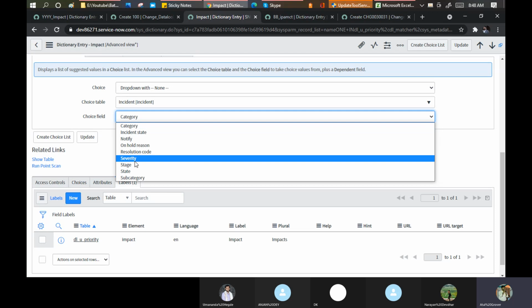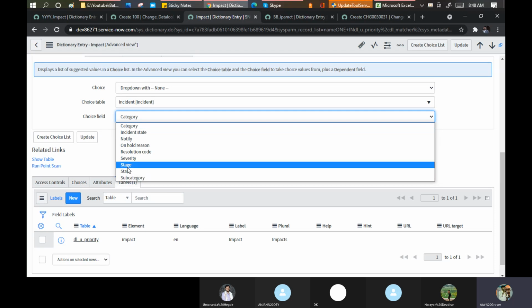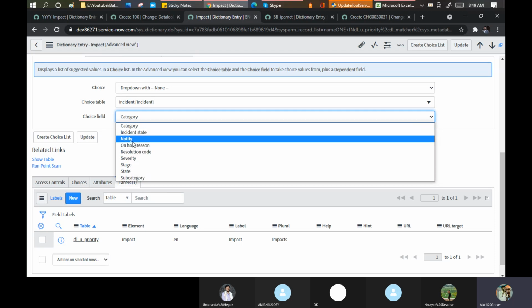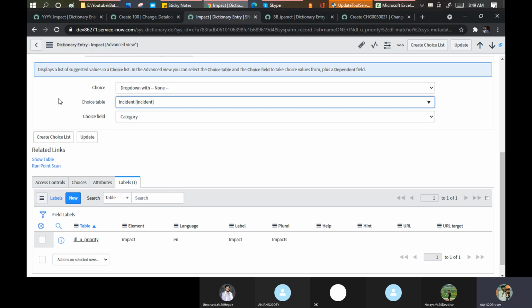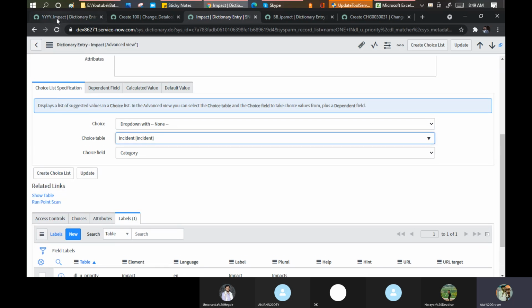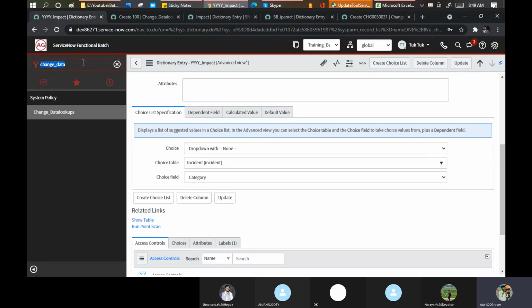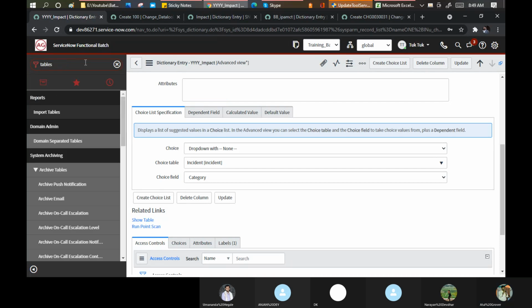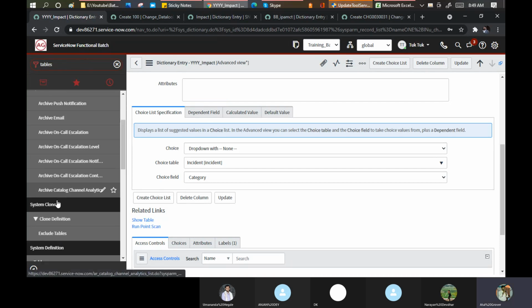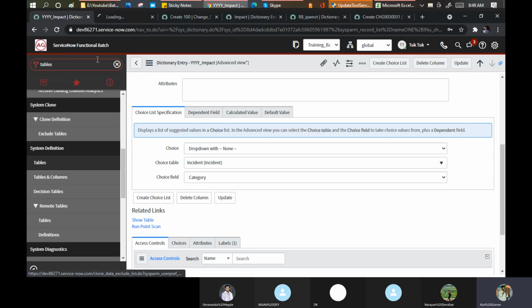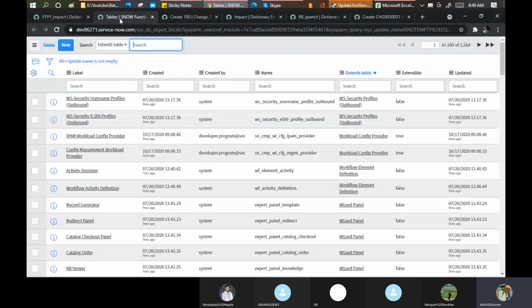Because I have nothing as severity, I don't have state, subcategory, I don't want to use that. I want to just use one thing, that is the impact. Now we can see these things. Maybe I can go here on the tables. So sometimes these things require a little troubleshooting, that how this is working for me. But the solution which we can think is that if you're creating a custom one, better put the integer values.